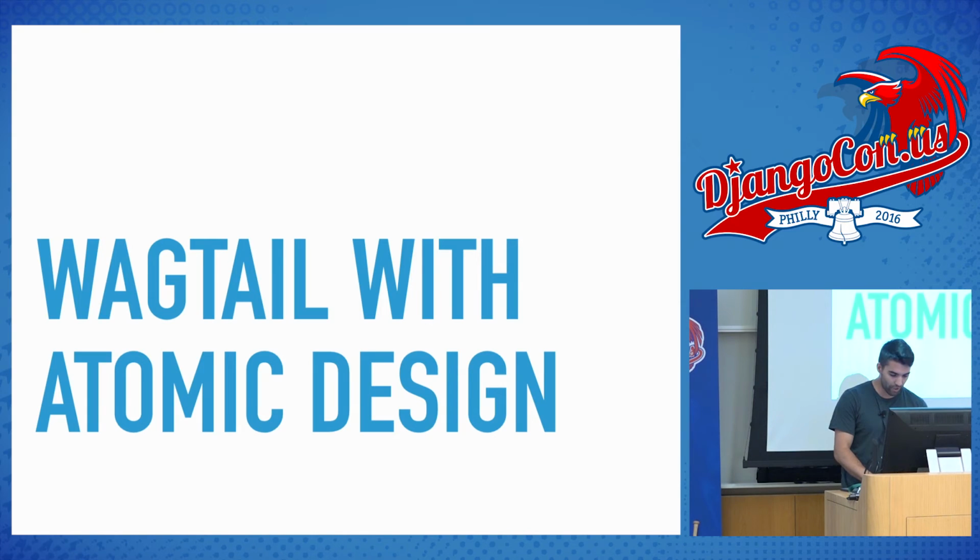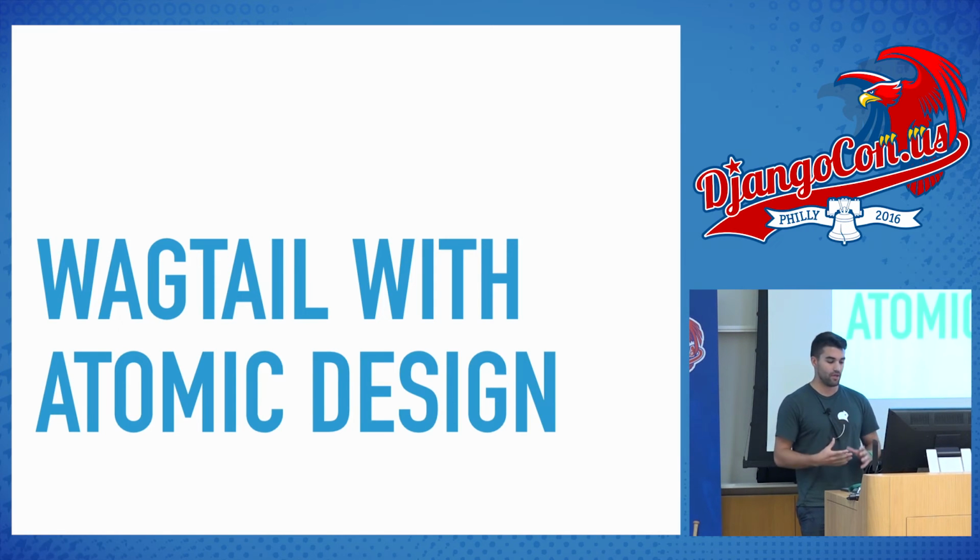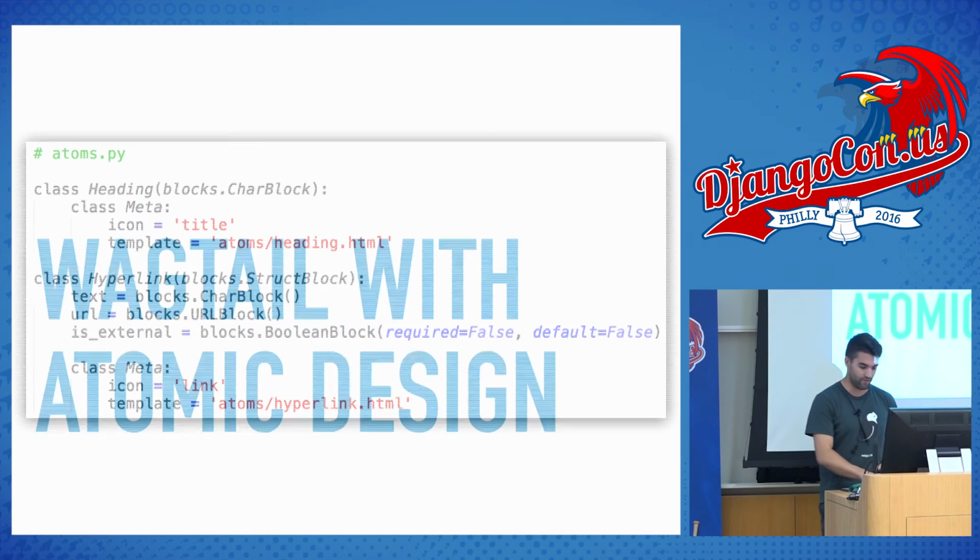So when you're using Wagtail with Atomic Design, which is something that I've been working with for the past year, you're going to map all of these blocks, these stream field blocks that I've told you about, to your atoms, your molecules, your organisms, and then you're going to combine them in your page type to be able to render all of your different components consistently. So your design is continuously pervasive through everything that you're going to be developing with.